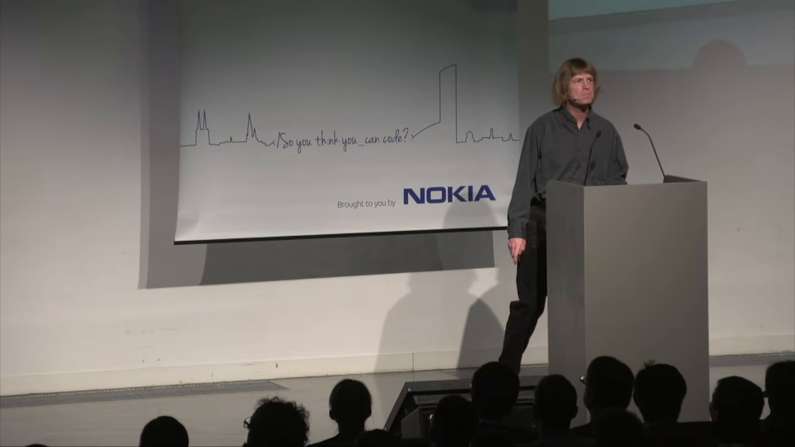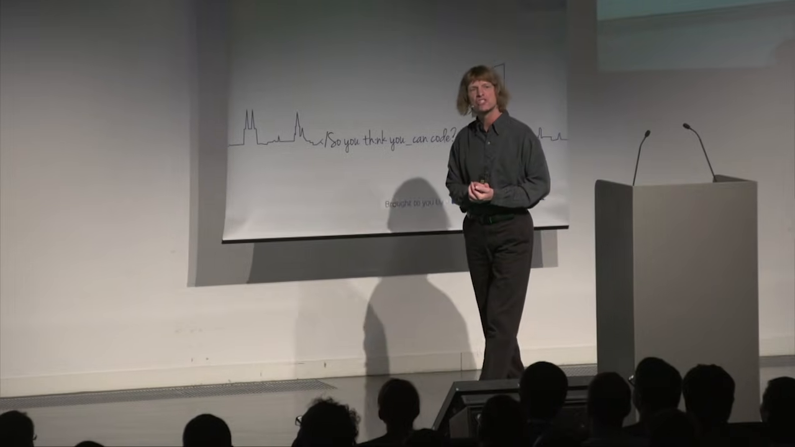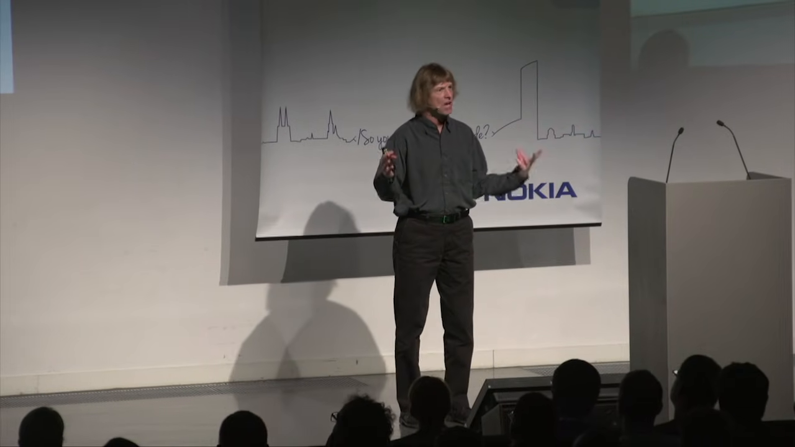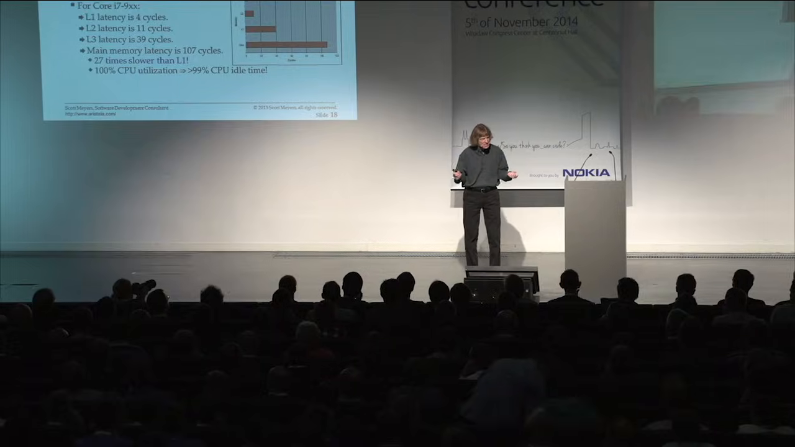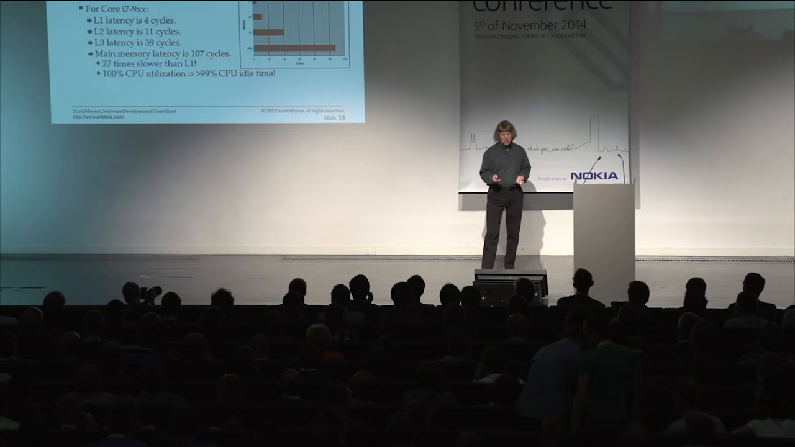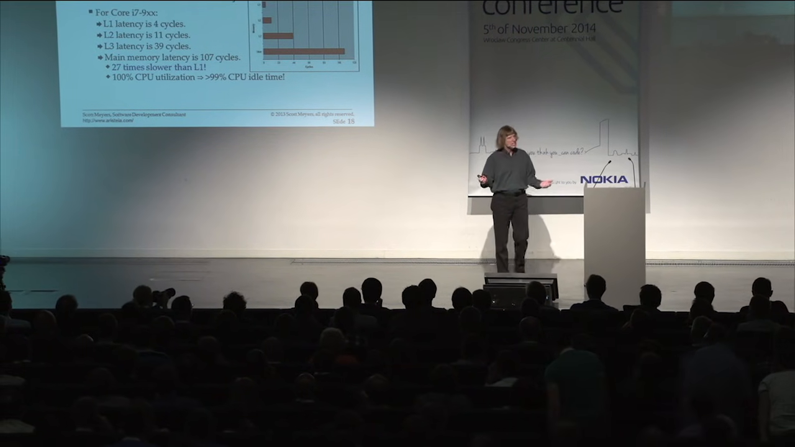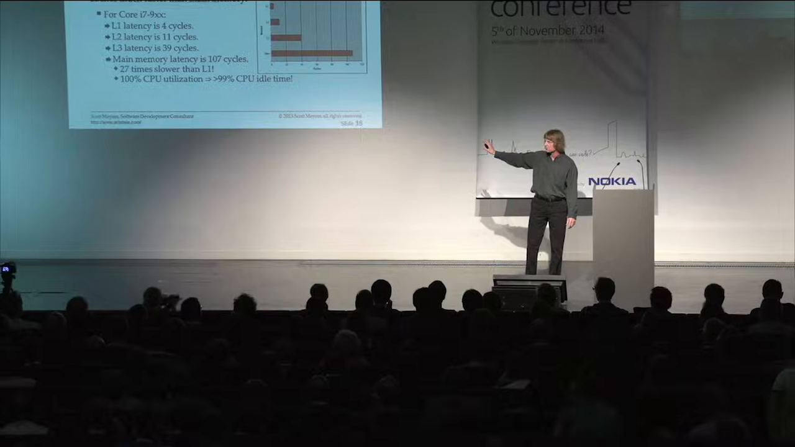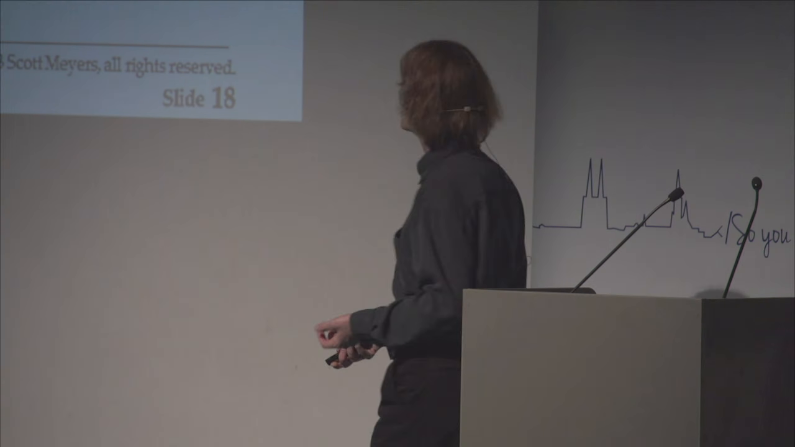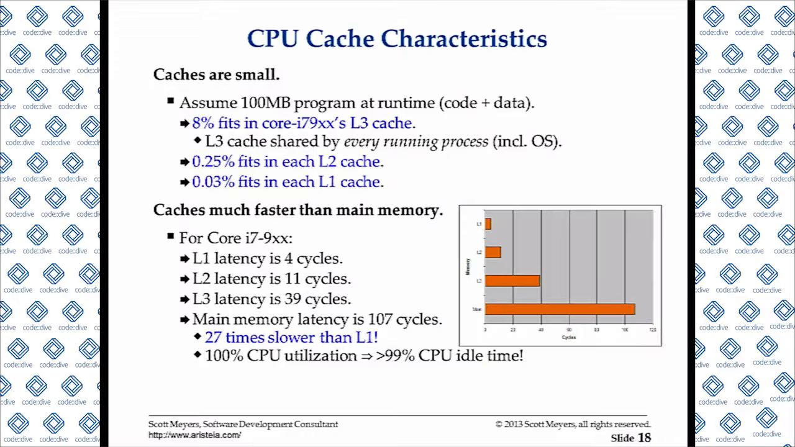I told you before that CPU caches are simply small amounts of fast memory. So when I tell you that CPU caches are small, we're talking, as an example, let us assume that for this particular architecture which I introduced, you have a 100 megabyte program image, which in many circles is not a terribly large image. That's your 100 megabyte runtime image, code plus data. So what that means is 8% of that will fit in the level 3 cache, and that's the big cache,